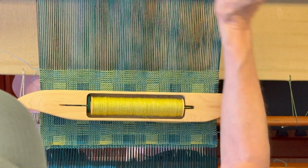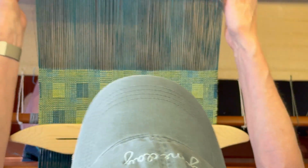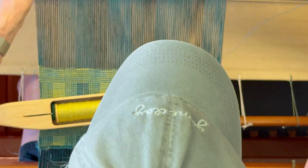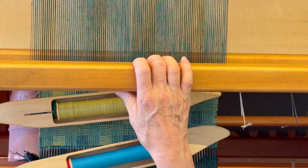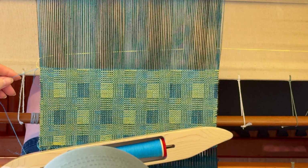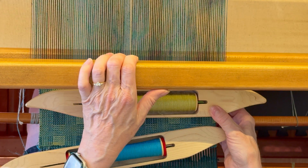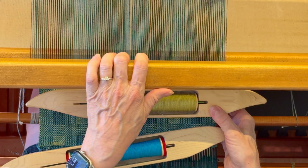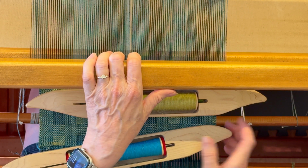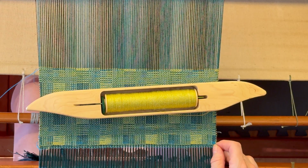So one of the things that I am trying to be conscious of in making my weaving more ergonomically pleasing, let's say, is to try to not switch the shuttle from hand to hand when I go to pick it up. So if I'm doing this one, I've got my hand here. My next pick is the blue shuttle, and it's going to come from the left. But my hand is sitting here. So my natural instinct is to pick this up, push it back, pass this to the left hand, and then